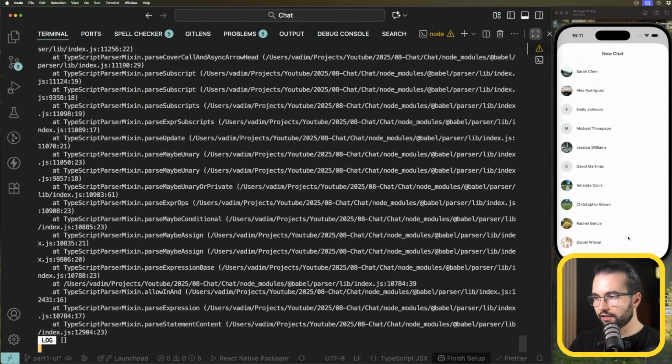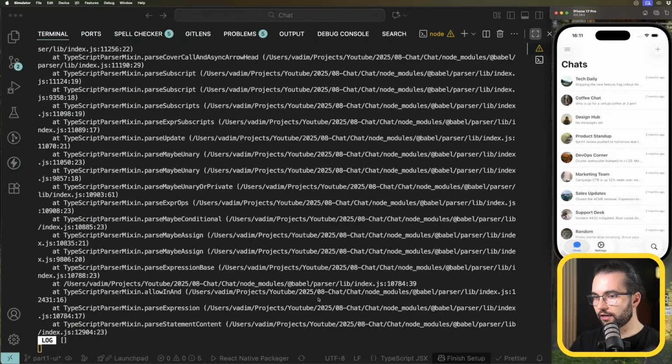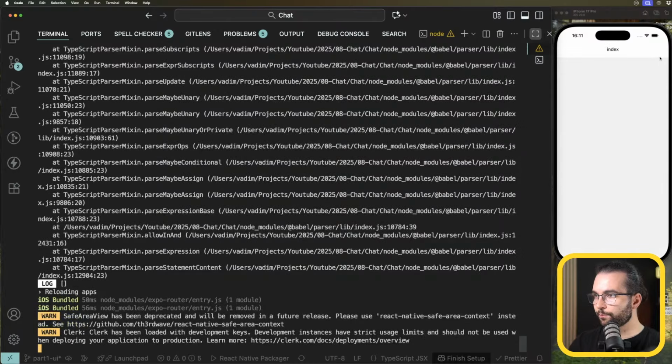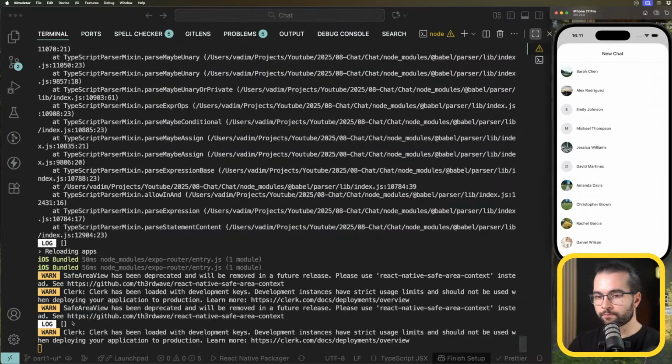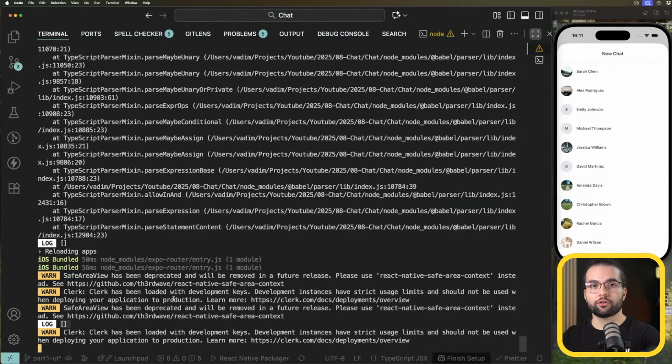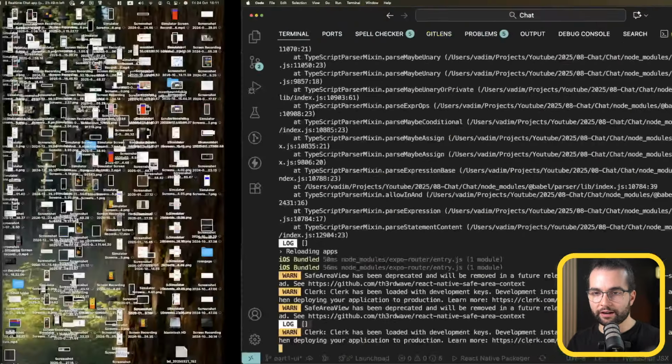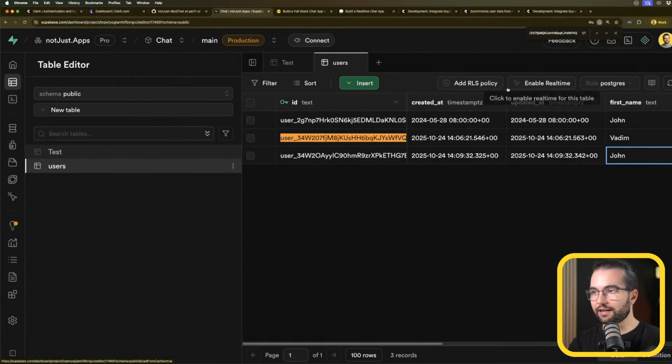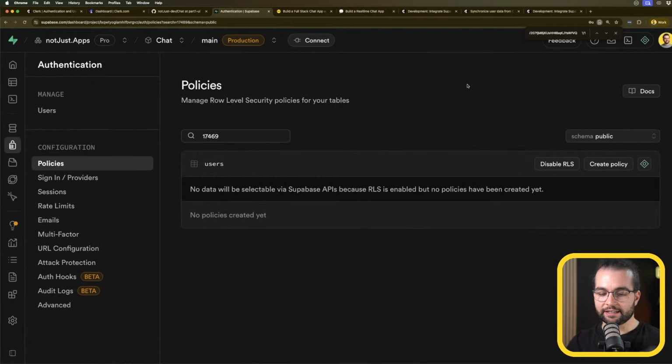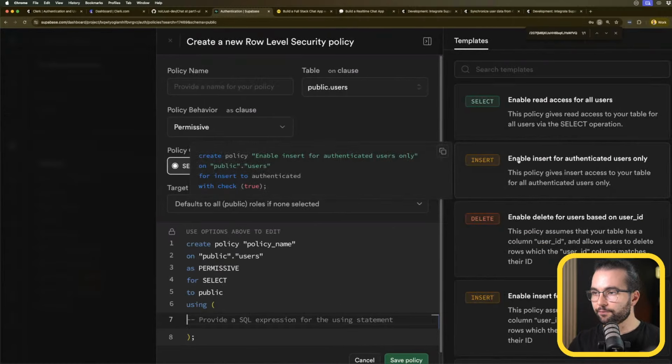If I look here, we are not going to see any users. Why? Because of row level security. When our tables are protected by row level security, by default, nobody is allowed to do anything on our table. Let's go ahead and press add RLS. Let's create a policy and say,